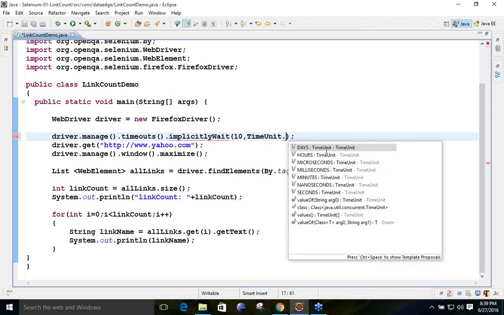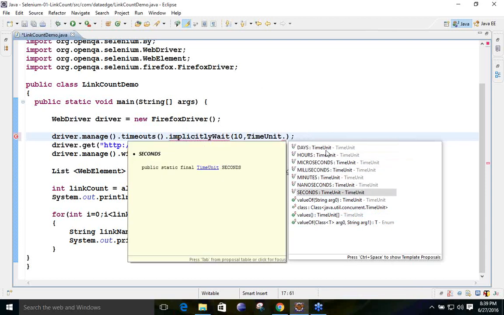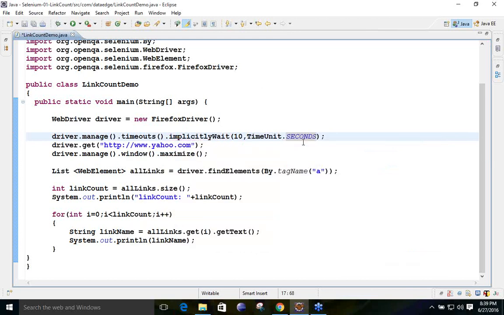We can't wait for an hour and we can't wait for a particular day. So we will select the time unit as the second. We could manage minutes also, but why wait for a whole minute? So this is the second, and it has to wait for 10 seconds only, because we have entered the value as 10.